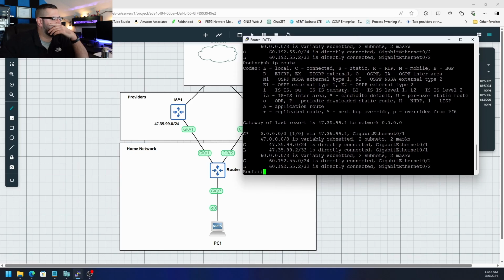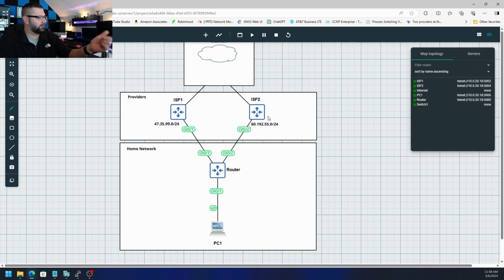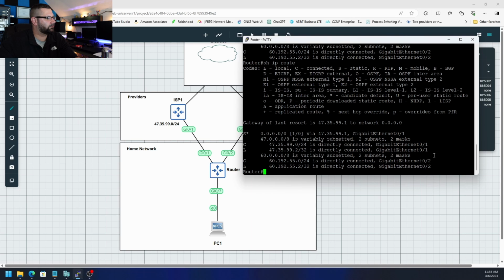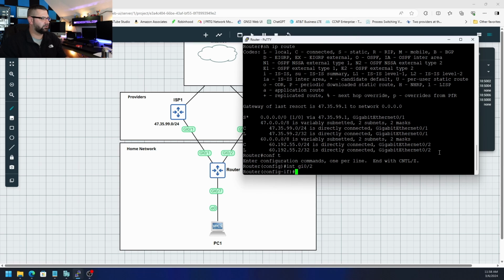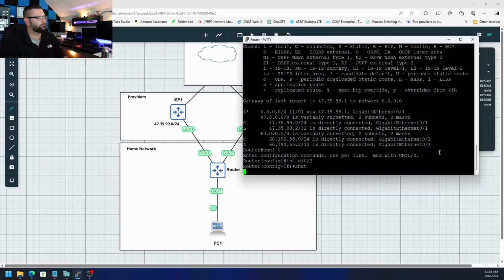Now, to get to the meat and potatoes here, let's go ahead and simulate pulling the cable from gigabit 0/2, which would essentially unplug ISP2 from our router, and then let's see what happens. I'll simulate that by just simply going into interface configuration mode on gigabit 0/2 and shutting it down. And then I'll